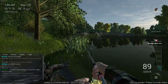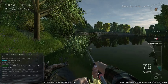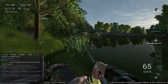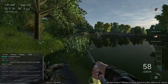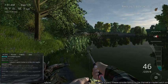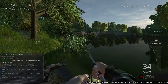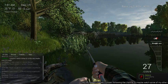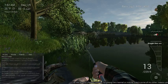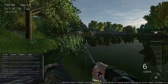So dragging in towards these reeds again. This is where I find all the bass. You will get them in the main channel as well, especially around the peak, they're not just going to be in the reeds. But on hot days, as today is, they're probably going to stay in the shade, under the branches of trees where they come over the river, in the reed banks, under the boats on the other side,